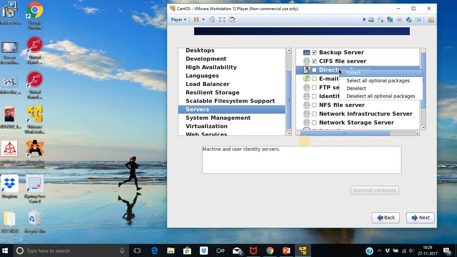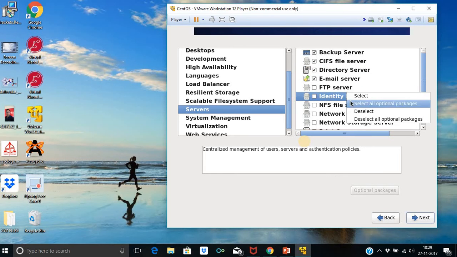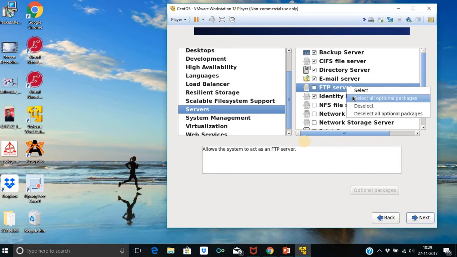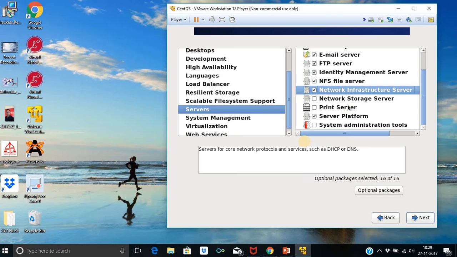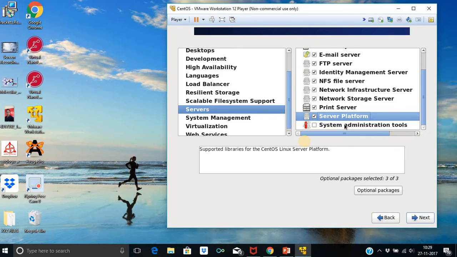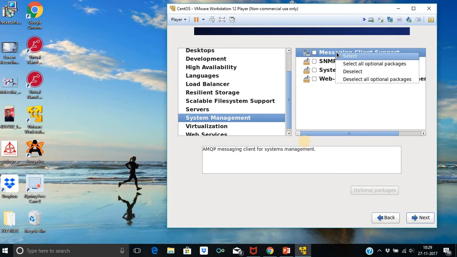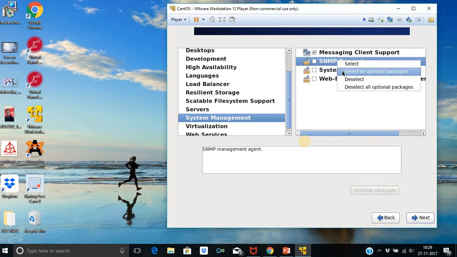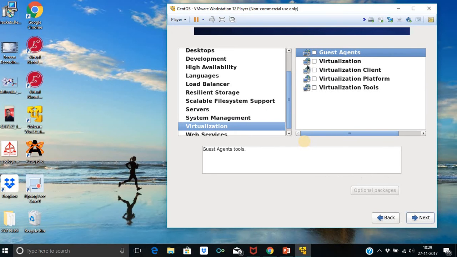Now this is related to different servers. After installing this, we can take the help of different servers. Virtualization is very important.